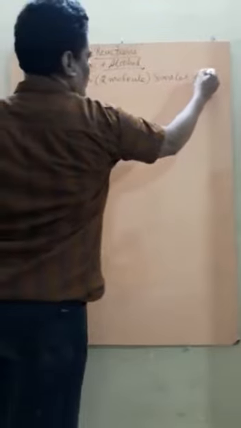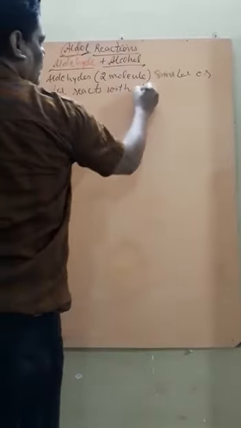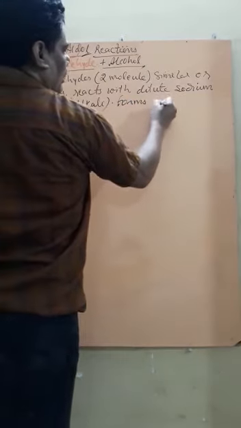When aldehydes, two molecules, remember here, two molecules, similar or dissimilar, this is the second condition, react with dilute sodium hydroxide, or simply you can call it what? Alkali, forms an addition product